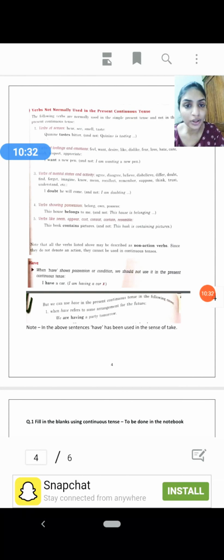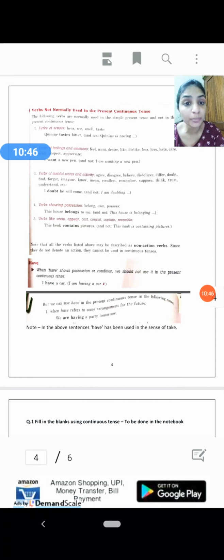But do not get too confused, because it is very simple. You will get to know what verbs you cannot use, because the sentence will itself tell you, it will sound wrong. When you read the sentence it will not give you proper meaning, it will not sound correct to you. But learn these and read these words very carefully so that they stay in your mind, and whenever you are doing any exercise or making sentences you remember them, and you do not use them while writing any present continuous tense sentence.